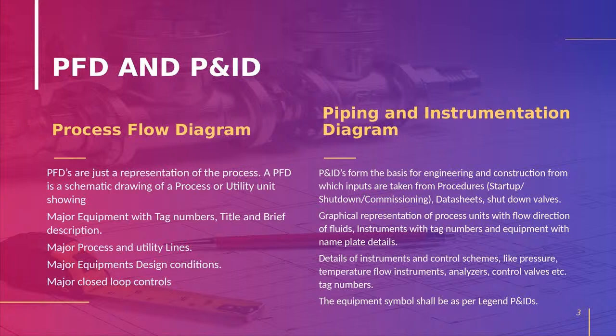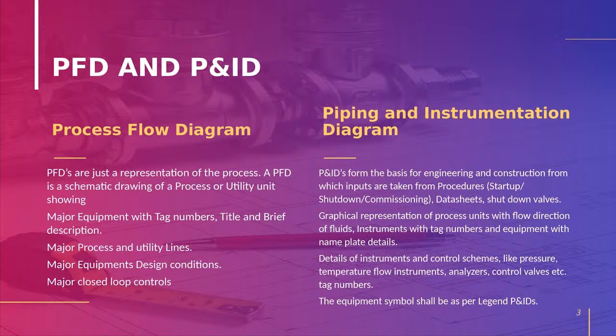In our upcoming training modules, the first one we are going to see is PFD and P&ID. Some of you know about PFD and P&ID. PFD is nothing but a process flow diagram. P&ID is a piping and instrumentation diagram. These are the main things that we are going to see in any field, not only in oil and gas industries, even in chemical, even in water treatment plant, sewage treatment plant, everywhere. P&ID plays a main role. It is like a bible for any process unit or any operational unit.